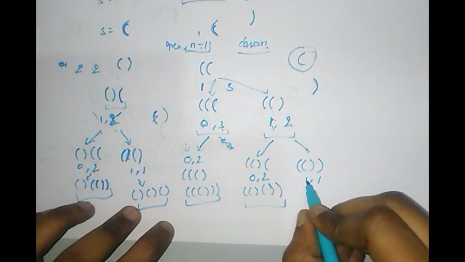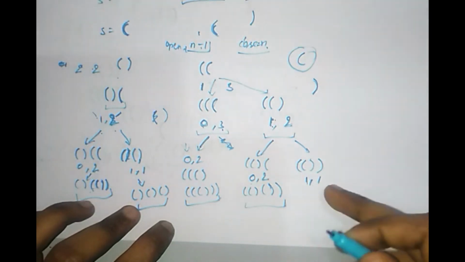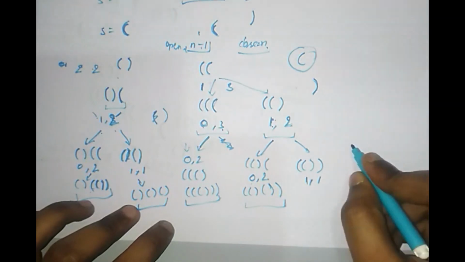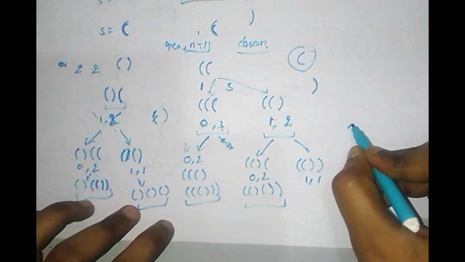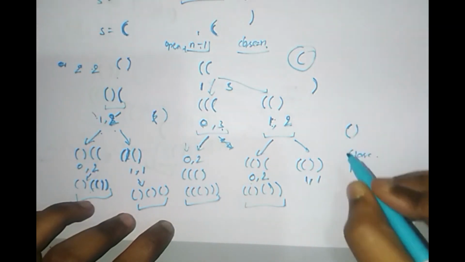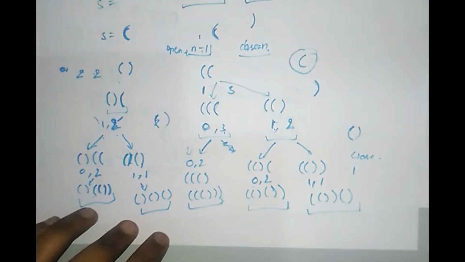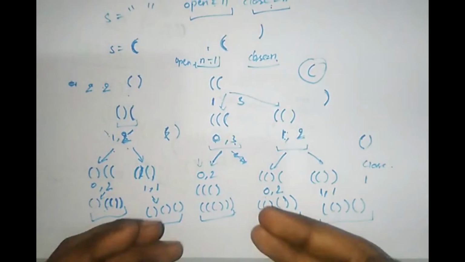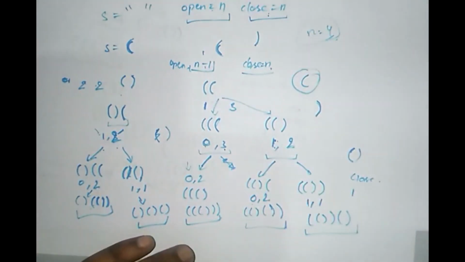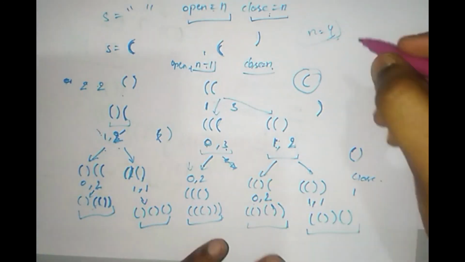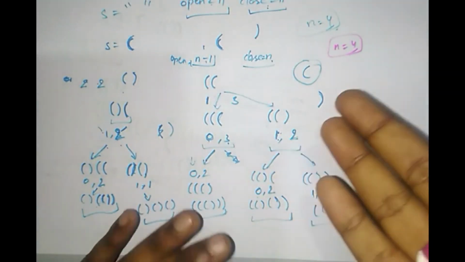And now since the value for open and the value of close is 1, 1, we cannot append a closing bracket, because close is not greater than 1. Okay, 1 is not greater than 1. That's why we are going to append first an opening bracket, and then we are going to append a closing bracket. Got it? So this will be my string sequence. So we can create a larger tree for n equals 4 using the same formula, the same concept. Okay, for n equals 4 we will create the same tree with the same concepts.